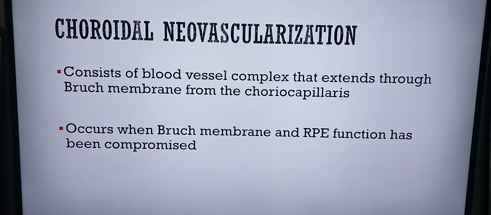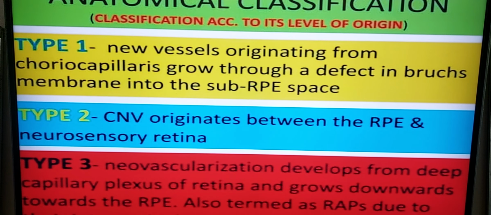So choroidal neovascularization consists of a blood vessel complex that extends through the Bruch's membrane from the choriocapillaris and occurs when the Bruch's membrane and RPE function has been compromised. So we can anatomically classify CNV according to the level of origin into type 1, 2, and 3. Type 1 is new vessels originating from the choriocapillaris and growing to the sub-RPE space. Type 2 originates between the RPE and the neurosensory retina. So these are subretinal. And type 3 develops from the deep capillary plexus of the retina and they grow downwards